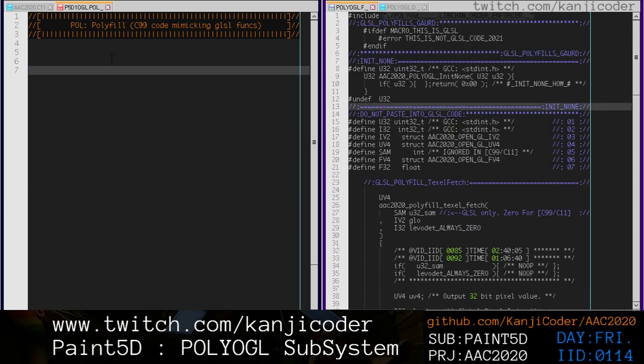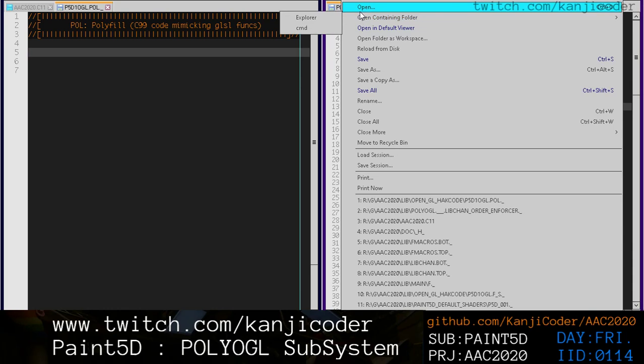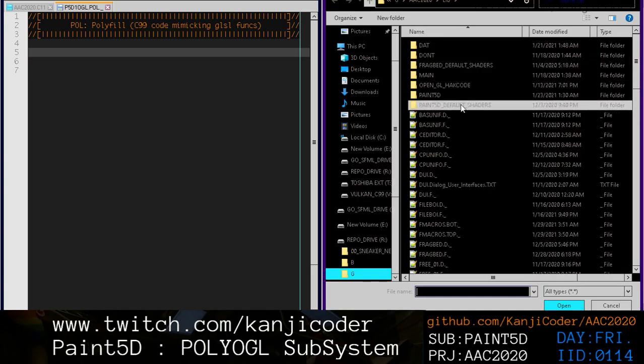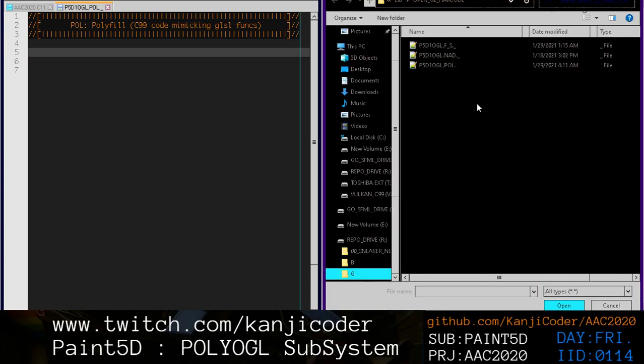And now this file needs to be removed eventually, because it's just a distraction. How do we want to do that, though? So let's see. We have hack code, and I think that the fragment shader code is